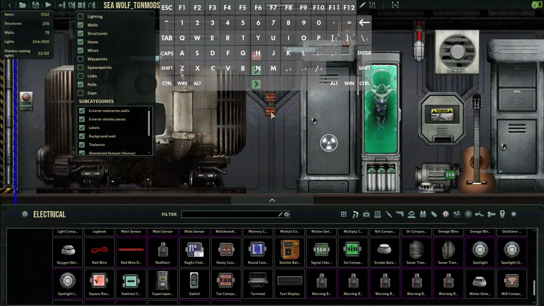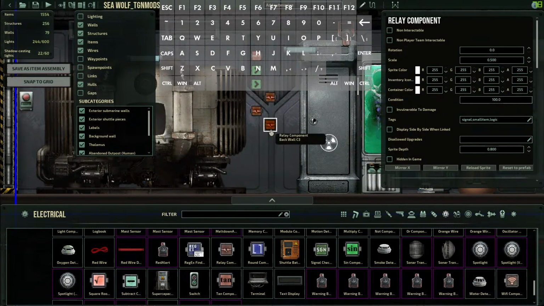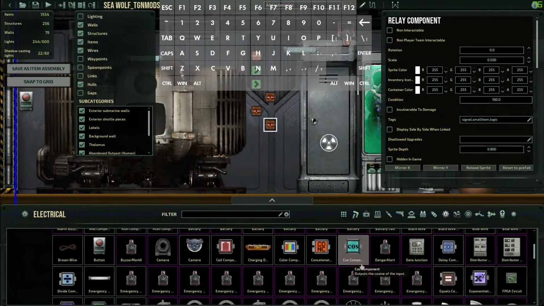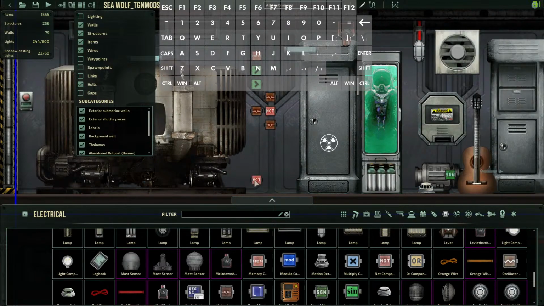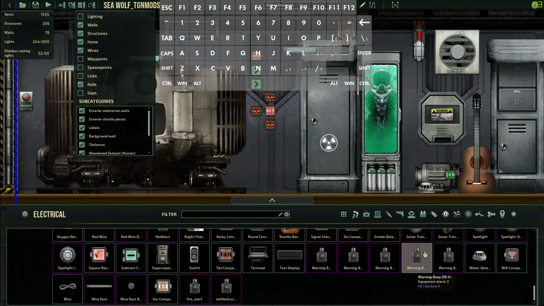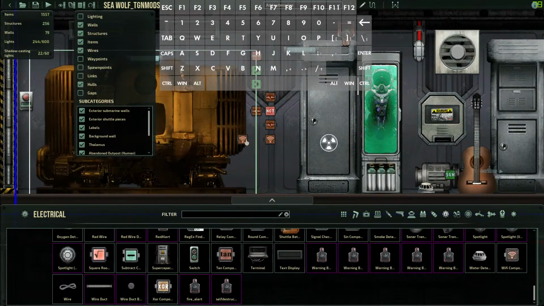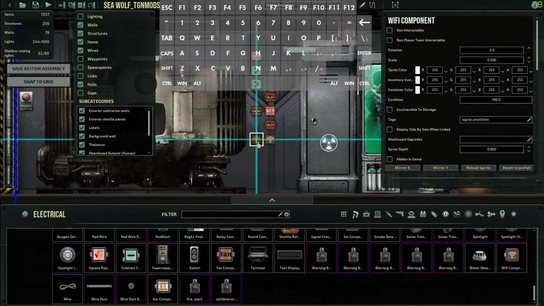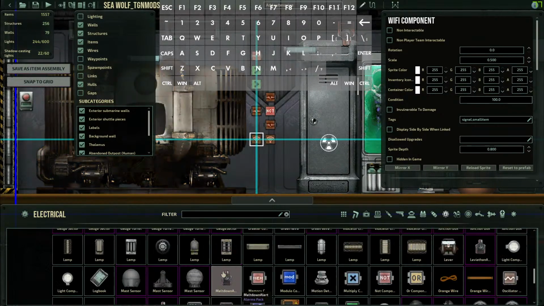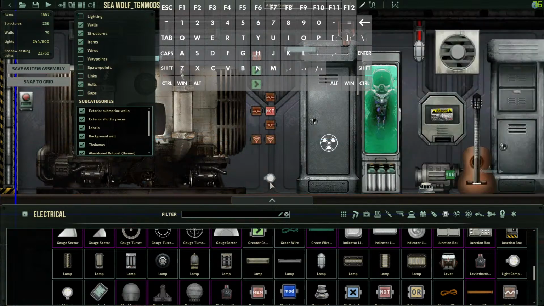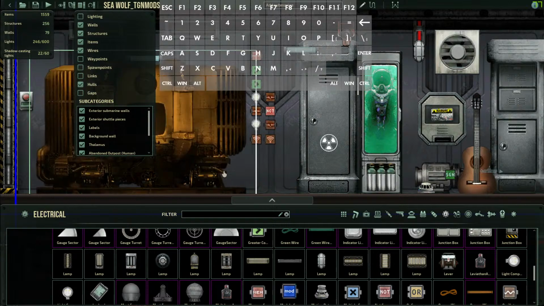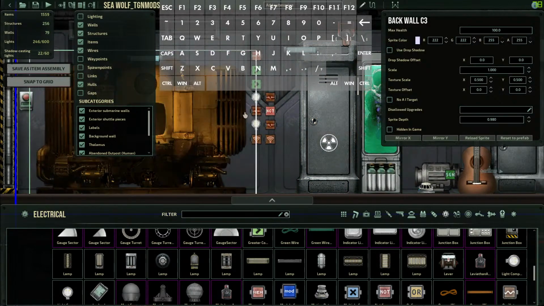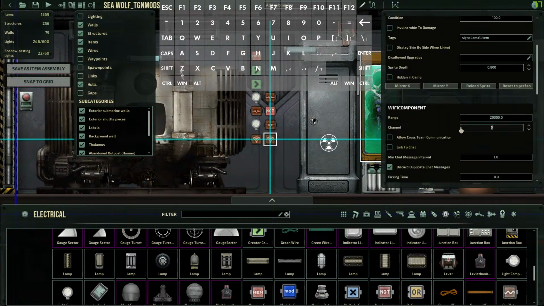And 1, 2, 3 delays. Not component. I'm guessing if you weren't using 999,